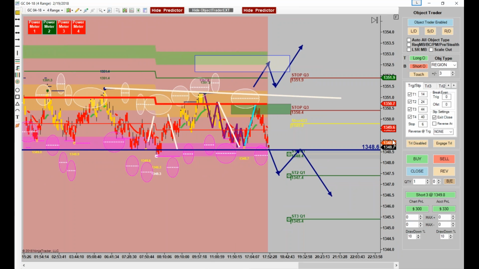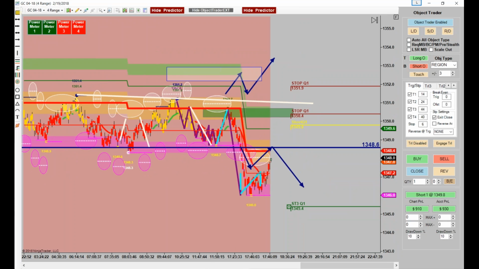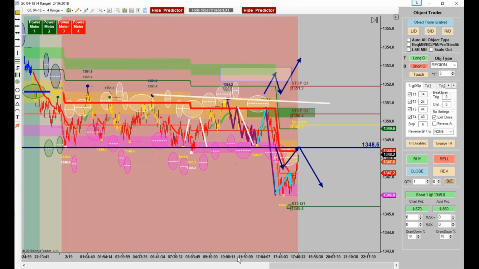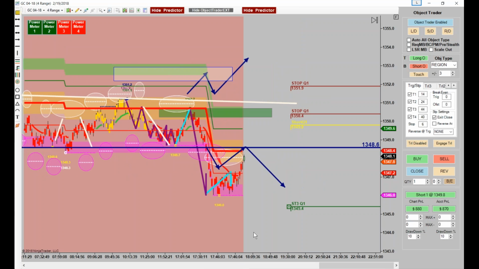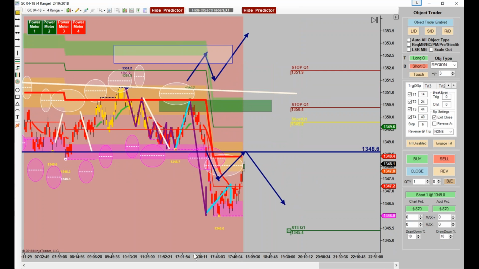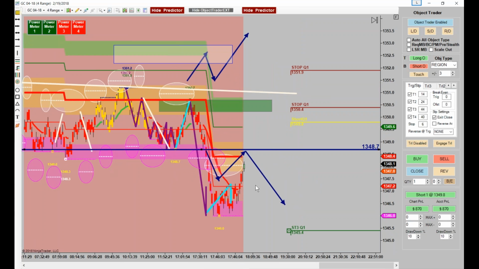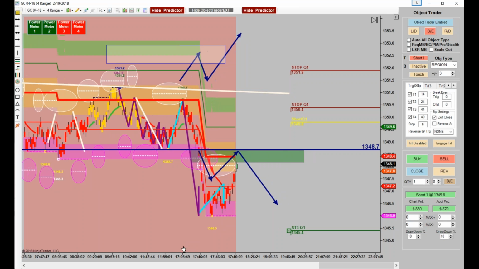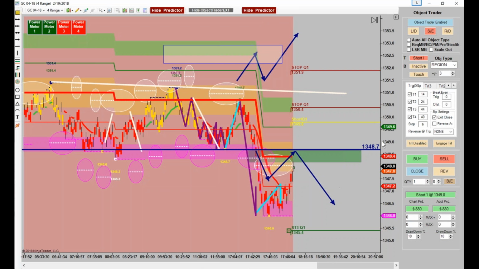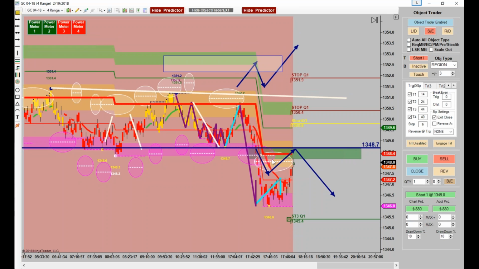Okay. Now I like, whoa, that was a good little pop down. That must have been some kind of news came in on crude oil. Don't you think? Well, let's see if it does what I said it would do. We've got resistance right here at 48.70. I would be looking for this little trade. Let's get rid of that one. And let's see if we can get up there and kiss that little area right there, because that's where we diagnosed it, that it would give us the trade, right? So let's see if we get a trade there.